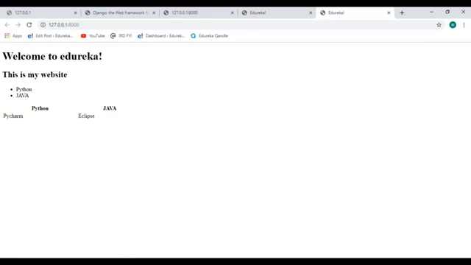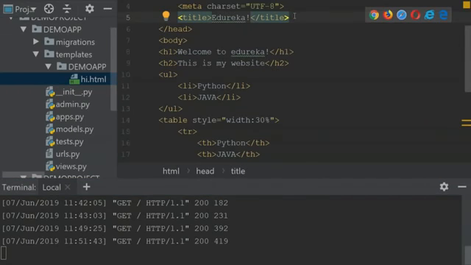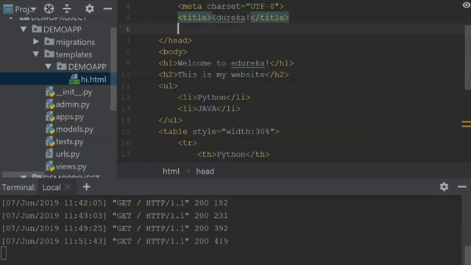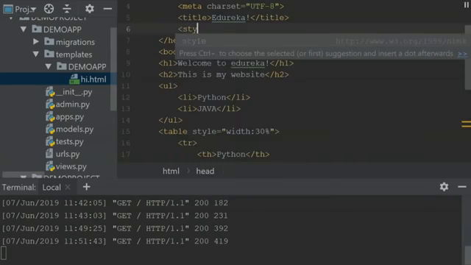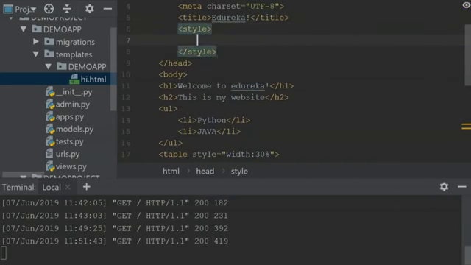But guys, my table over here does not have any borders. To add borders to my table, I'll go back to my HTML page. And over here, within head, I'm going to use the style tag. And within this tag, I'll specify what border I want for my table.